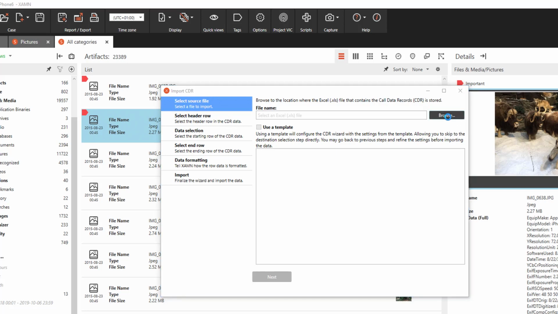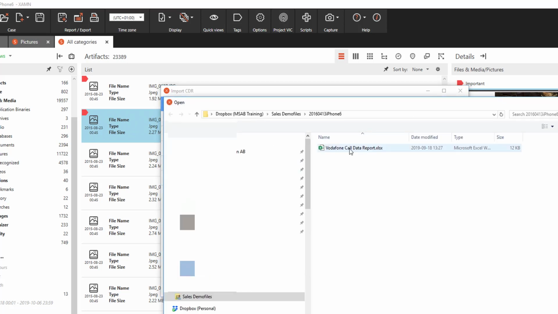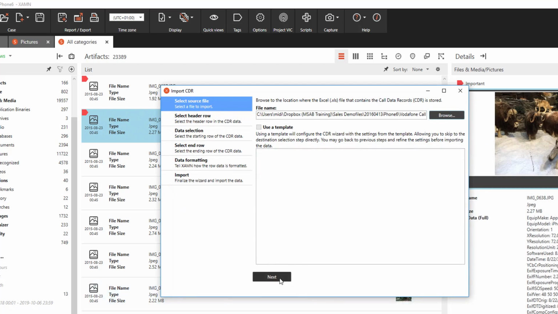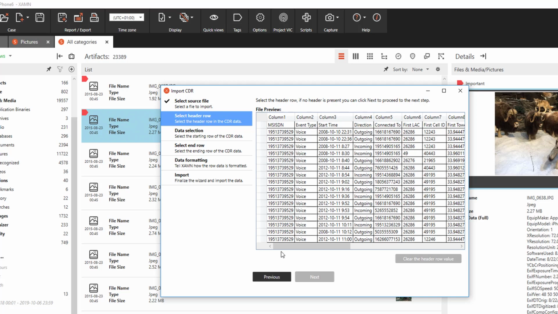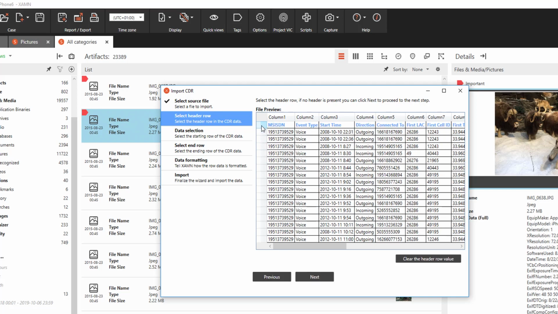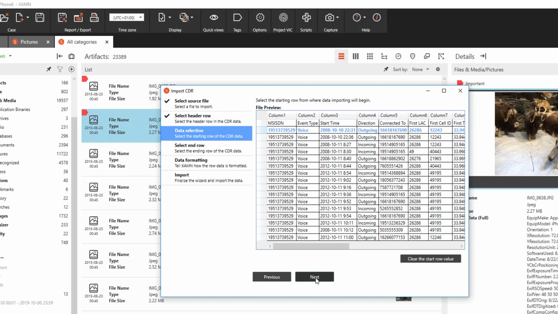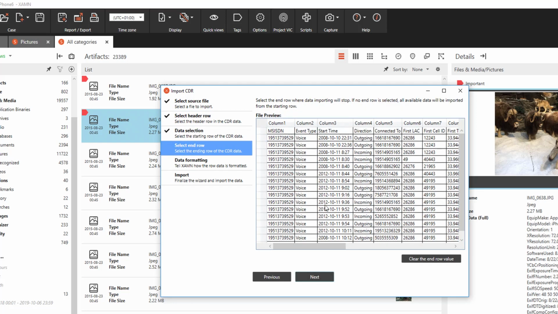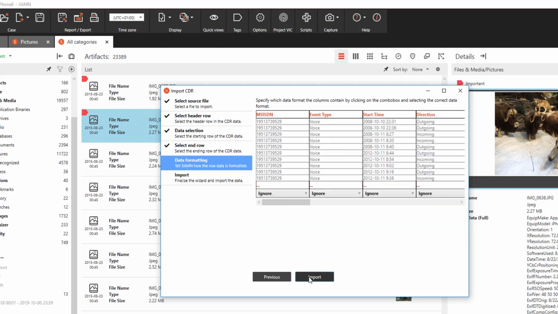So we're going to browse to a demo file to show you, and then essentially you just follow the wizard, click next, and it will read the template, and it'll say, okay, select the header row, which I'm going to do here, and it's going to say, okay, we think the data starts here, which is correct, so we'll go next, and then select the end row. Perhaps you just want a few of them, so we're going to select the end row here, click next,